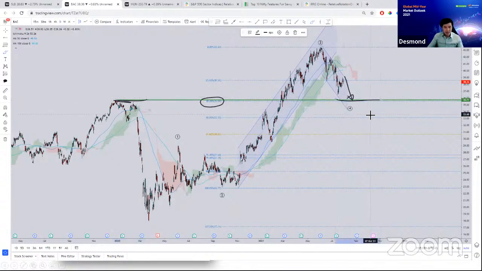All right, so this is one of the ways that we can combine technical analysis along with RRG. And the last one I'm just going to touch on really quickly, it's the